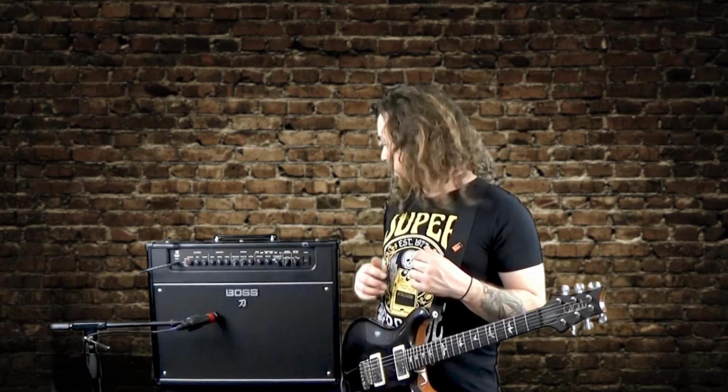So again, really cool function to have, especially if you want to kind of shape those mids a little bit deeper than just using the mid knob that's on the amp. So really cool. And next we have